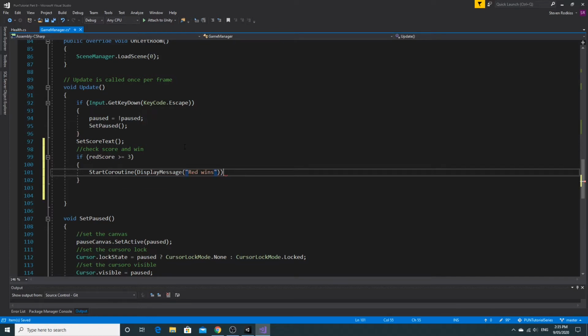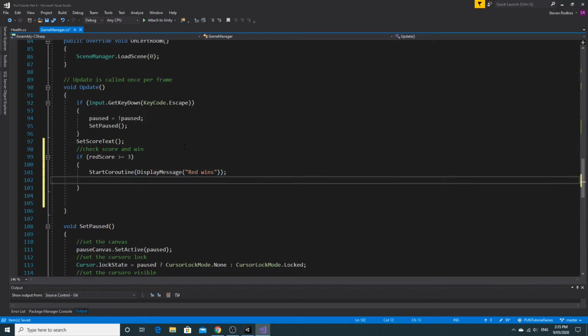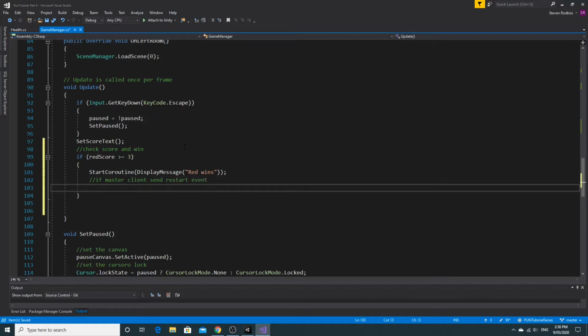And effectively what you want to do is, if you're the master client, we want to just restart the level somehow, or send a restart event, and we're going to do that in a little second. I'm going to create a function for that, but we'll just